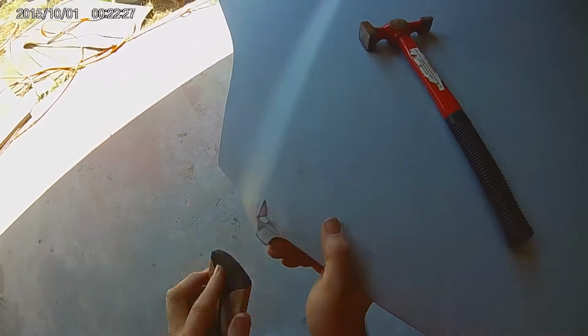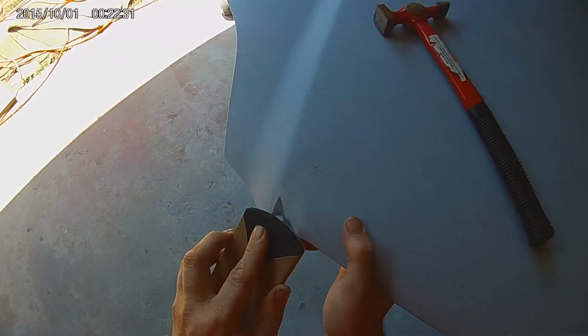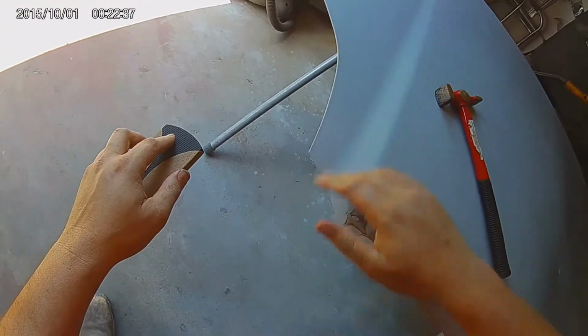So we've got to go down to bare metal because the next step